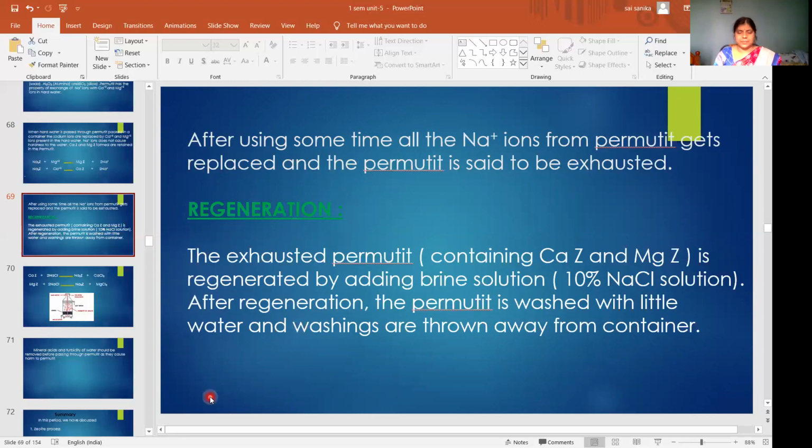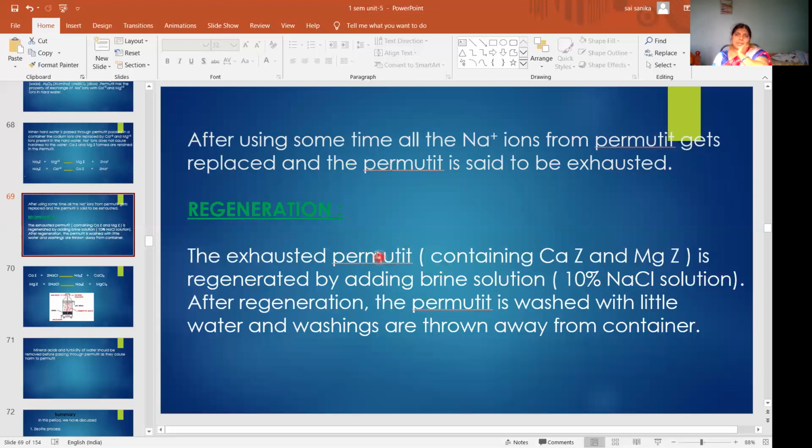Regeneration of permutit. The exhausted permutit is regenerated by adding brine solution. So how will you regenerate this exhausted permutit? By adding brine solution. What is meant by brine solution? 10% NaCl solution is called brine solution. If you add this 10% NaCl solution to the exhausted permutit, that means the exhausted permutit whose sodium ions are totally removed and replaced by calcium and magnesium,